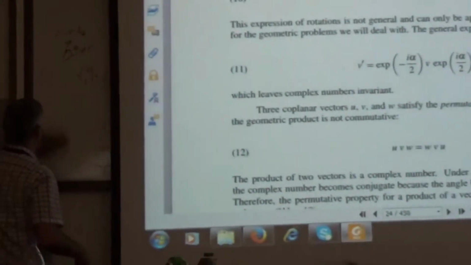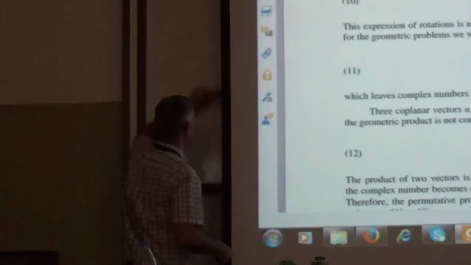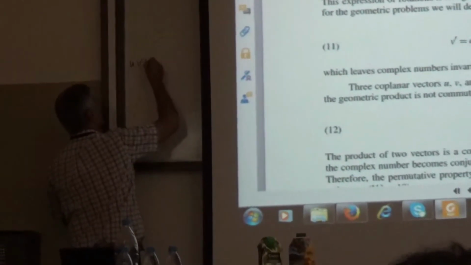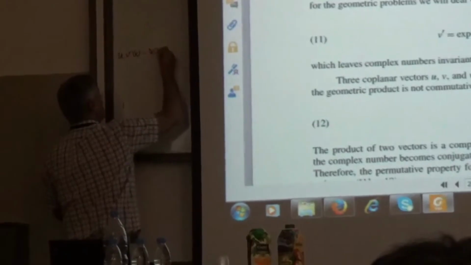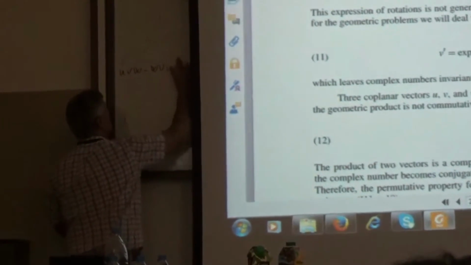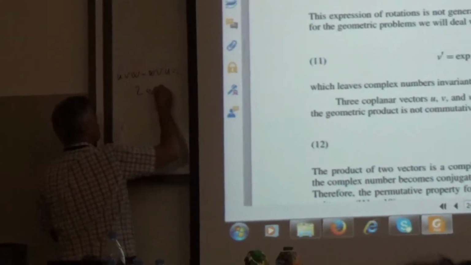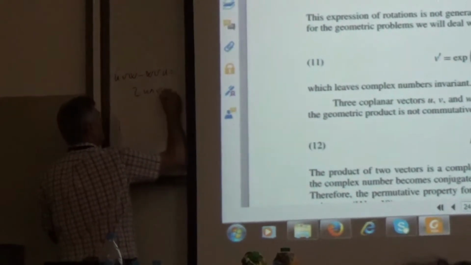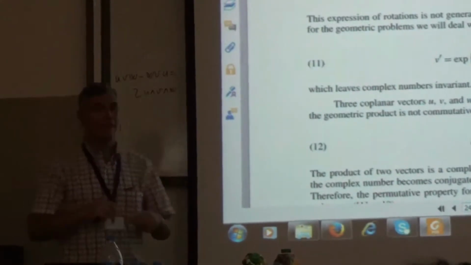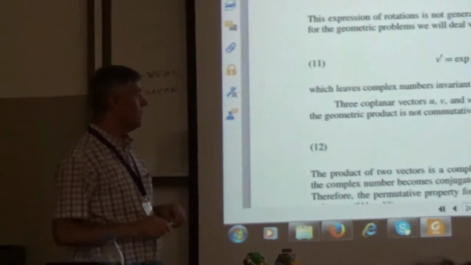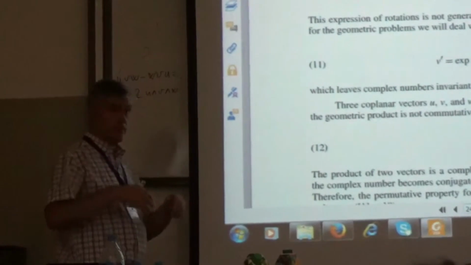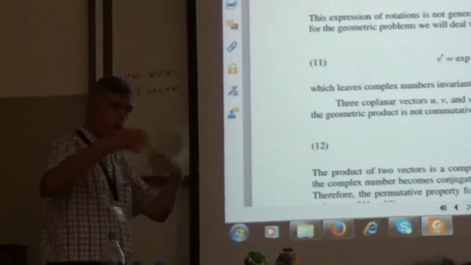In many dimensions, the relative property gives the stereo product of the vectors. It is not zero, but two times the stereo product of the vectors. Okay? I believe that from the algebraic point of view, this is a very necessary property for working with geometric equations and solving problems.